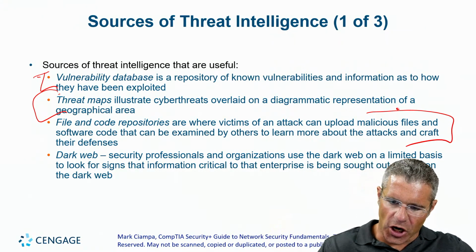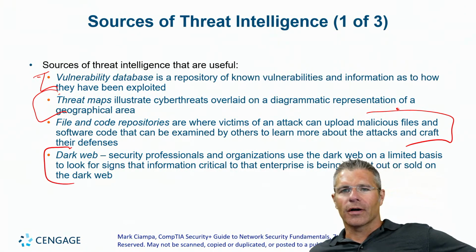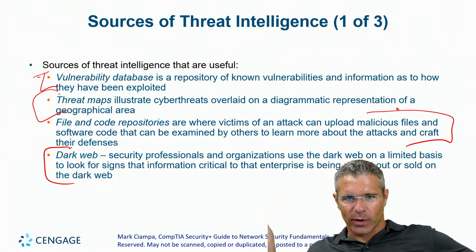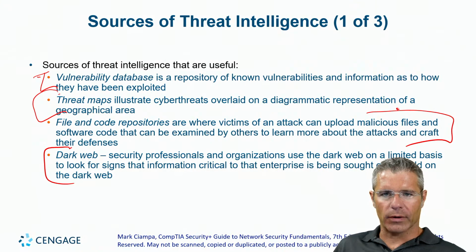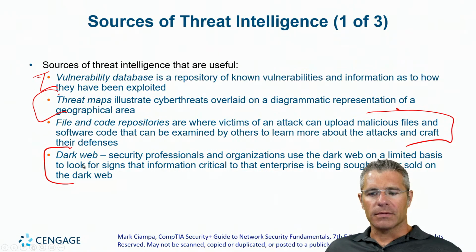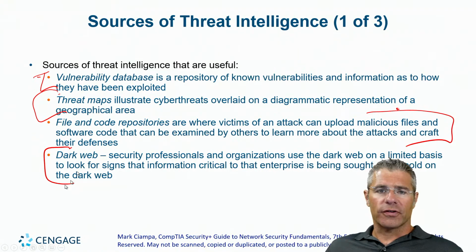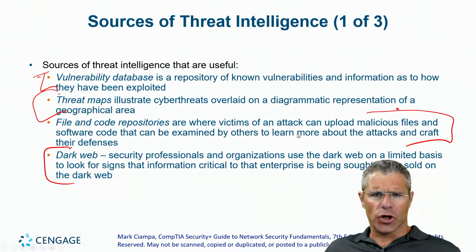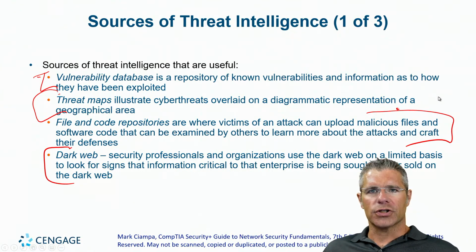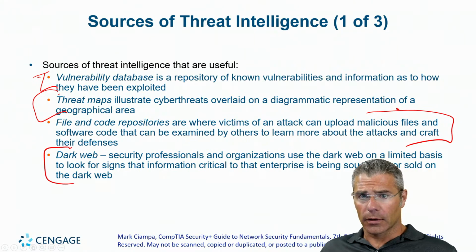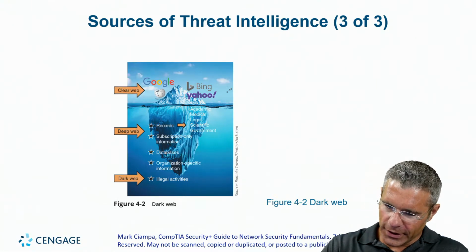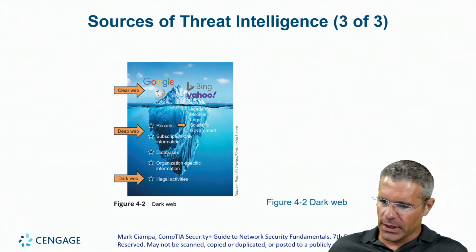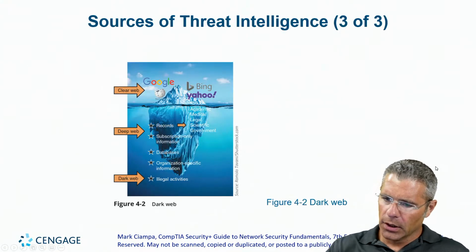And then finally, the dark web, where essentially when we say dark web, we just mean stuff on the internet that hasn't been Googled, and potentially the Tor network, maybe. But there are services that specifically keep an eye on the dark web in order to make sure you kind of know what's going on inside of the dark web. So that's threat intel.